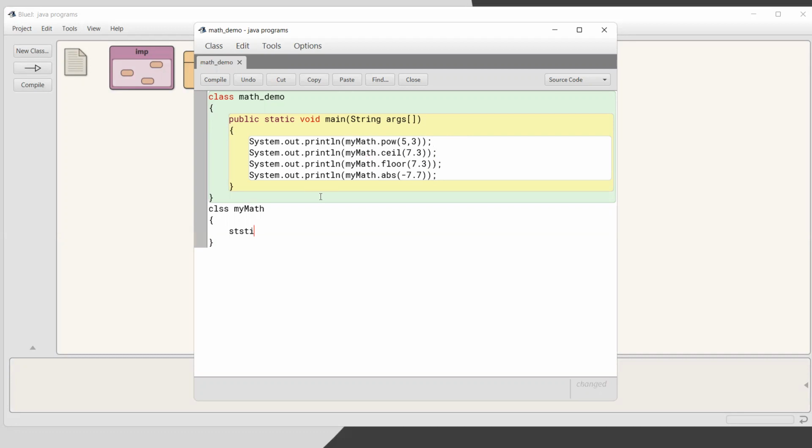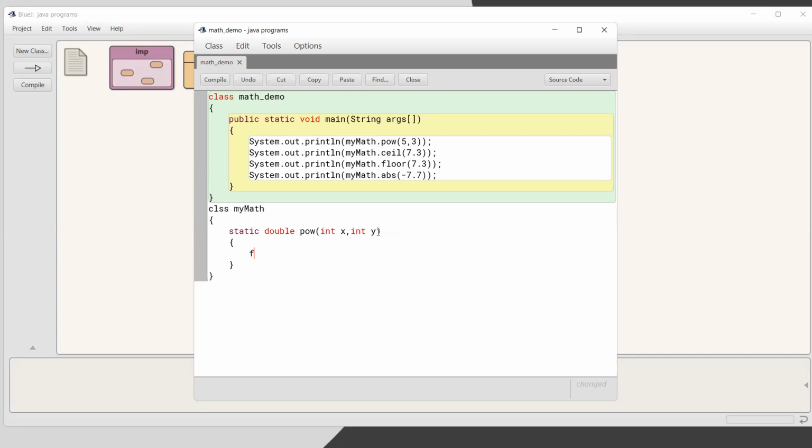And here I will define all the methods as static, because I'm not going to create an object like new MyMath. So I'm not going to use any object, I can directly use one version of code that is called static. And I will write static double. It will return the double value. If you remember the output, all of them return the double value. So I'm just returning double and pow, so index, everything is same. Instead of Math, I am using MyMath. That's all. So int x, int y,